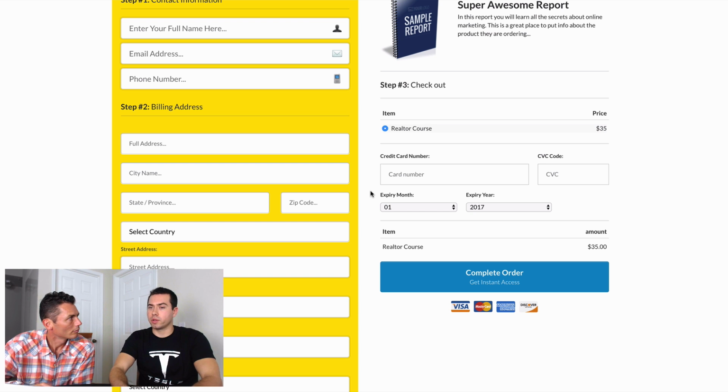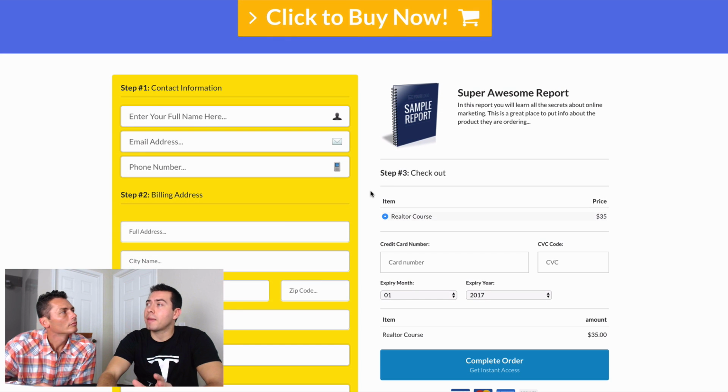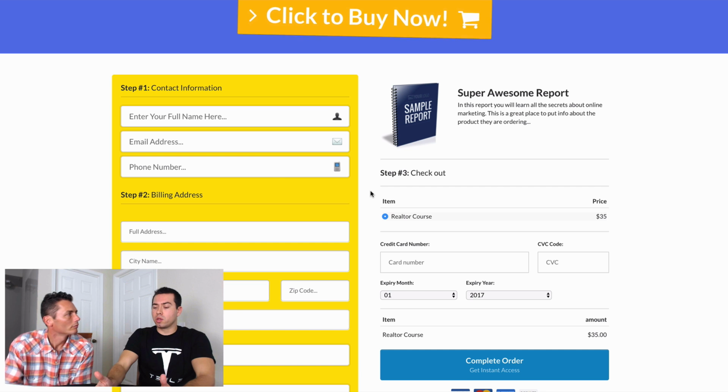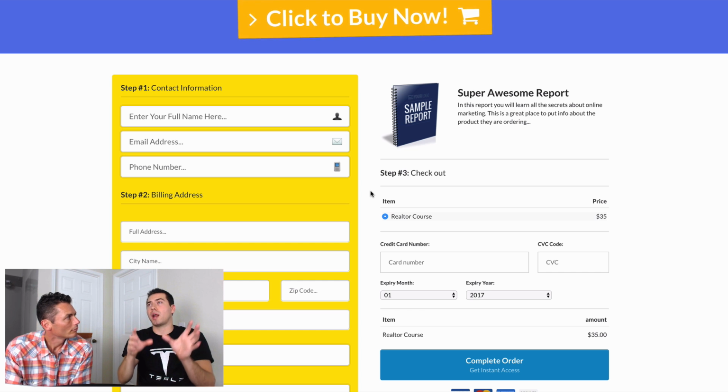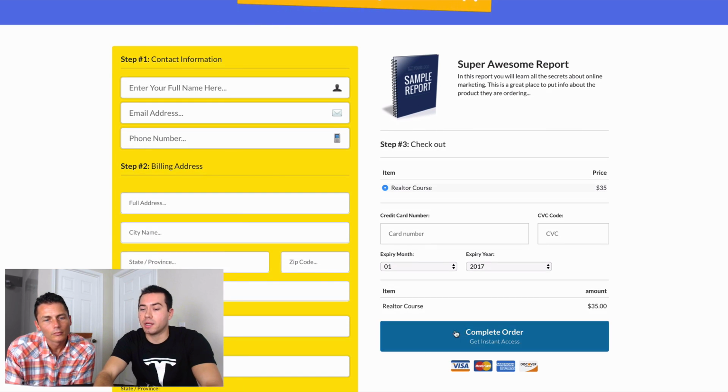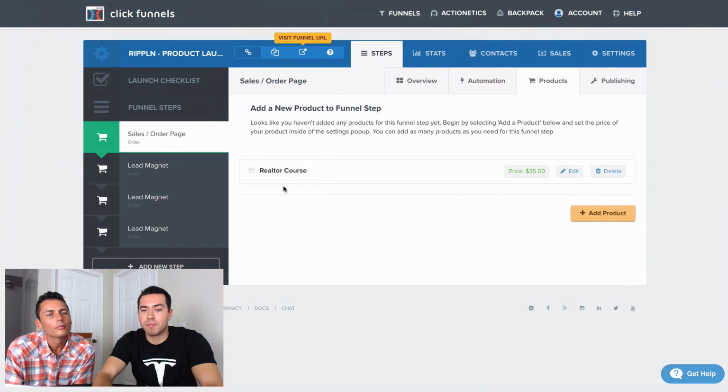Yeah, so that's how you create an actual product, and you want to link up your Stripe with your ClickFunnels, and Stripe does all the payment processing. If you wanted to do it through PayPal, what you would need to do is go into PayPal and create a buy now button, basically create the product inside ClickFunnels and inside PayPal, and say that it's $35, and then you would grab that link. When you're creating the button, you can have the option to either make it a button or an email. You can say, hey, I just want to email it to somebody, and they'll give you a URL. So then what you do is you create a button inside of